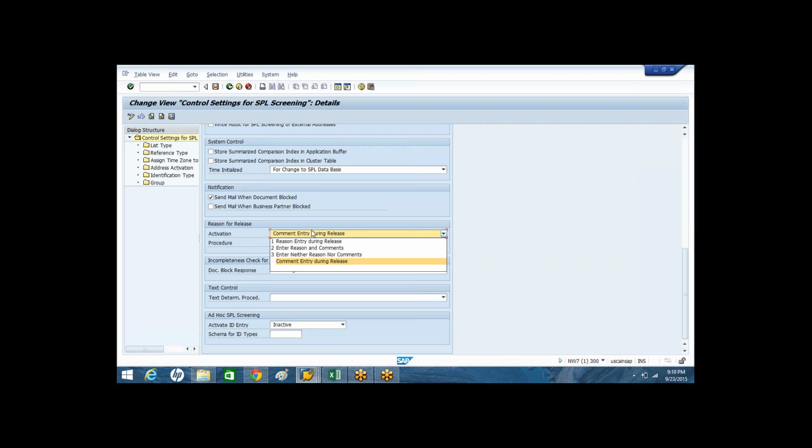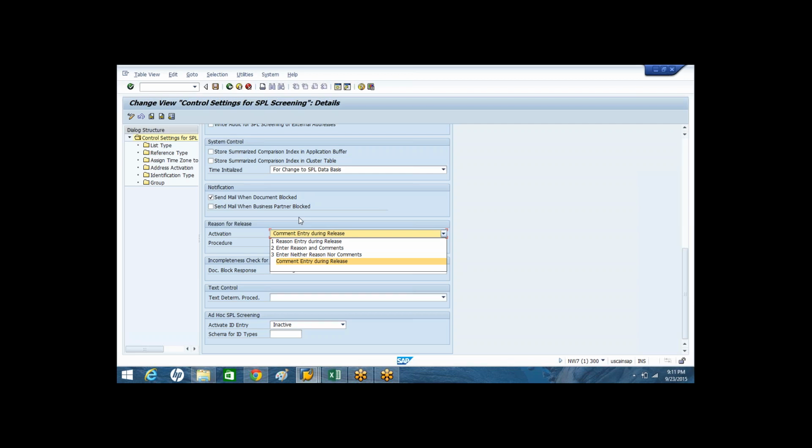Excellent. That means your users can specify a reason, or a reason and a comment, or neither reason nor comment, or only a comment. So whatever your client needs, whether a reason, or a reason and comment, you will be collecting those details as part of your requirements gathering. Whenever you are gathering requirements, as part of workshops in the blueprint stage, you need to ask your client what kind of restriction you want to make for releasing the block?